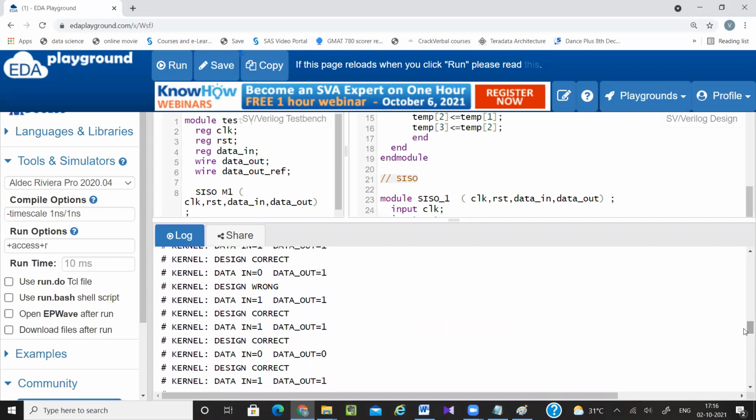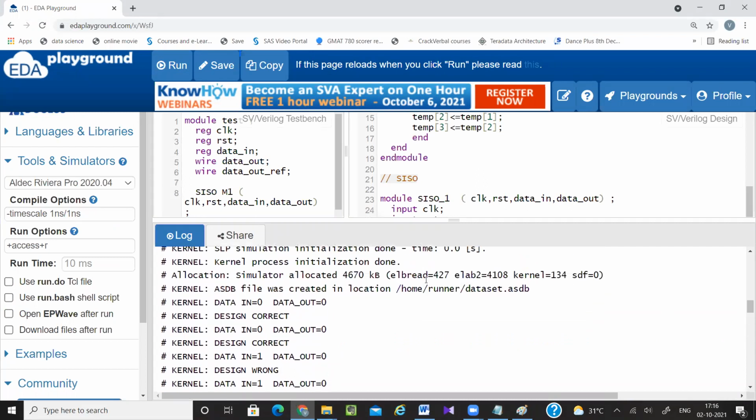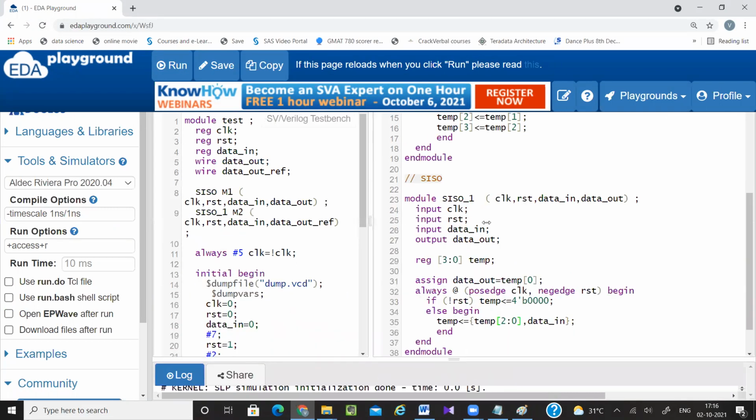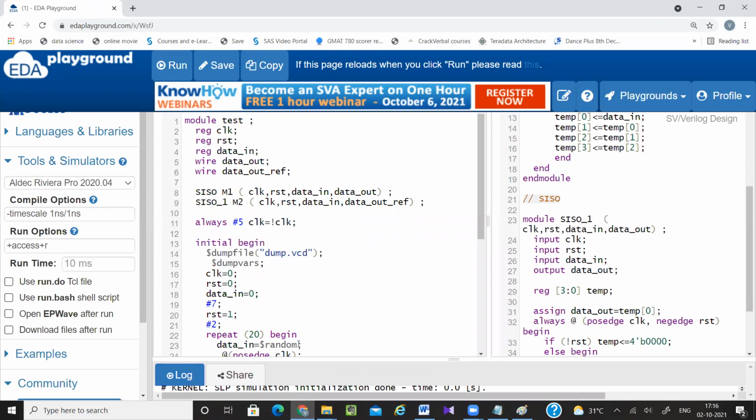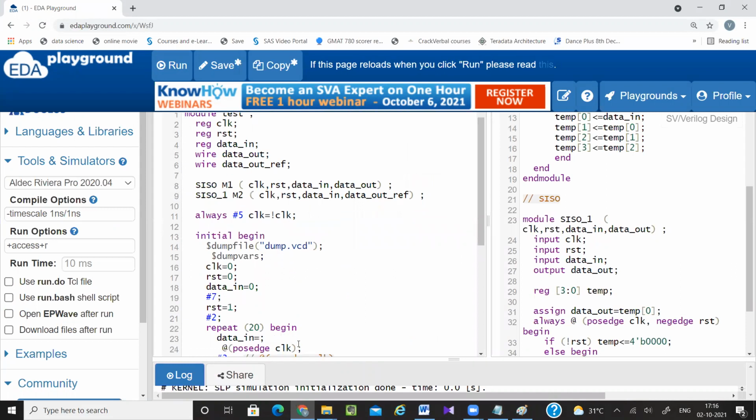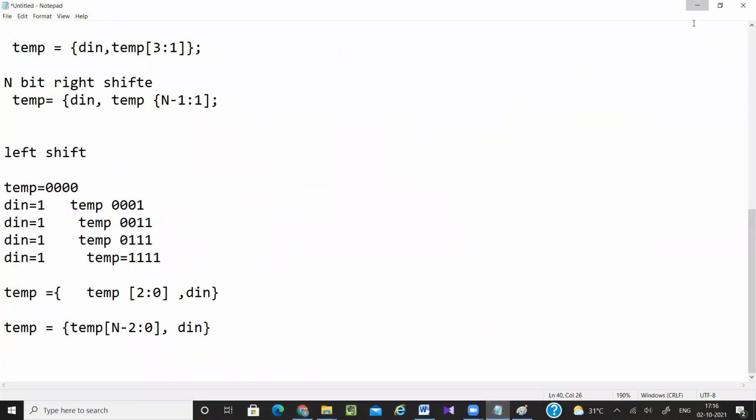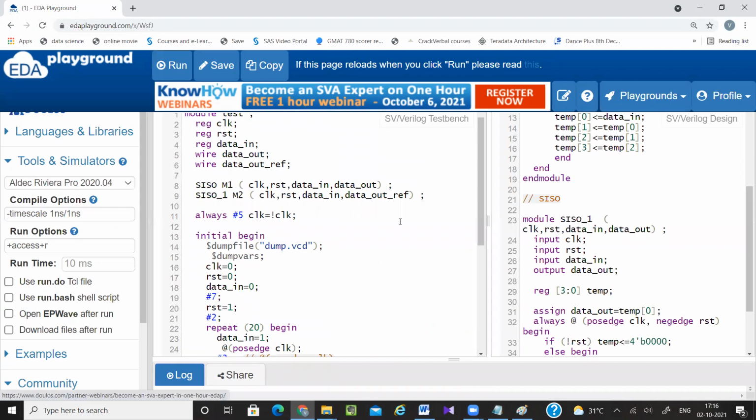So my design is correct. You can see here my data n is equal to 0. Just one. Instead of $random, I'm writing data n equal to 1, whatever the example I have explained here, the same example. I have to check whether after 4 clock cycles I am getting the value 1 or not.